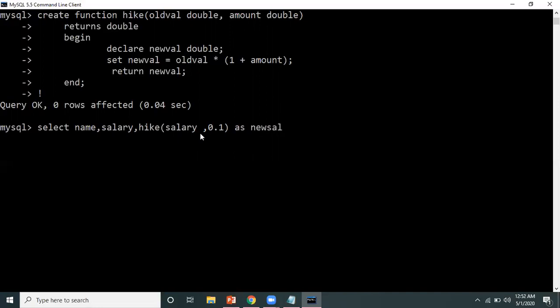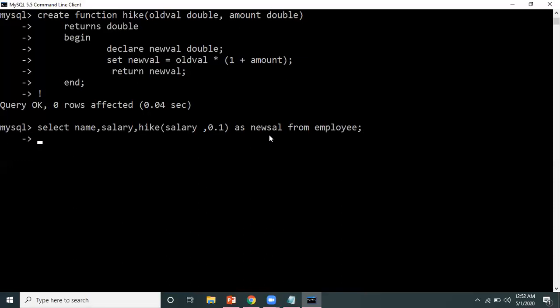So name will come, old salary will come, and here this function is called, and the function called will return a double type value for each row. And this calculated amount will come in a column, and we are naming that column new salary. Okay, from which table? From the employee table we want to do this.